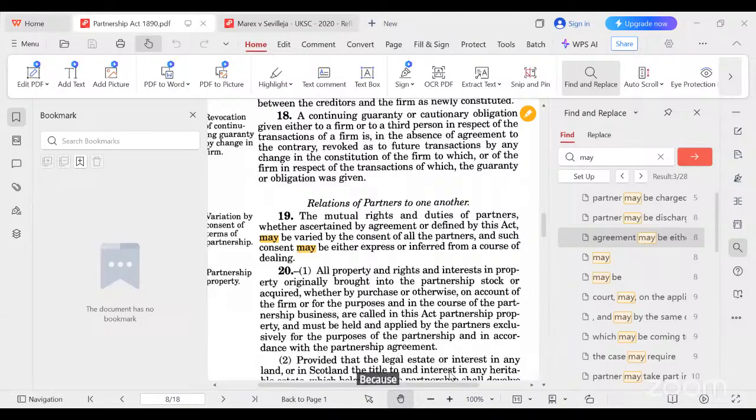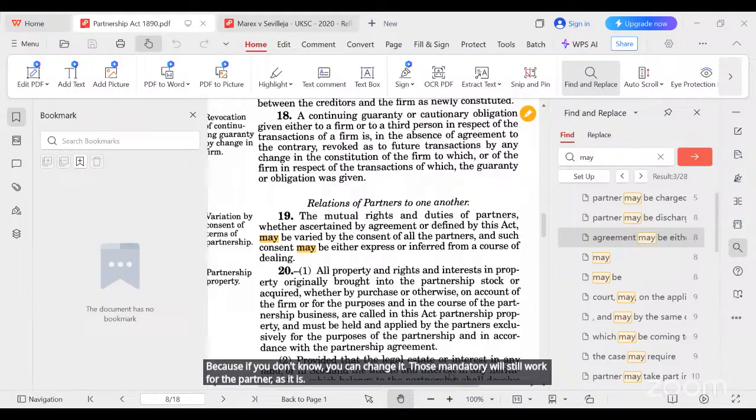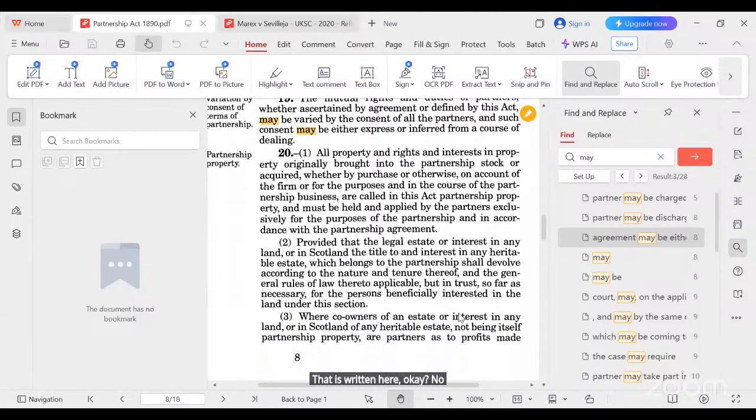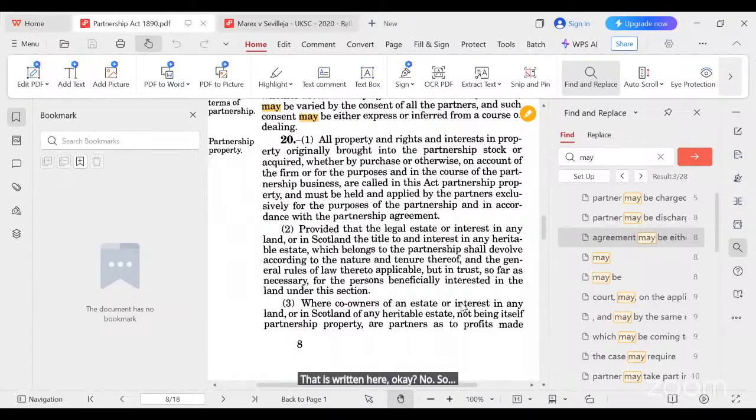Because if you don't know you can change it, those mandatory ones will still work for the partner as it is. The enabling, the empowering one, will still work. But to know it this way is an added knowledge that affects virtually everything that is written here. Okay? So we will stop there for now, and then we go on to the third